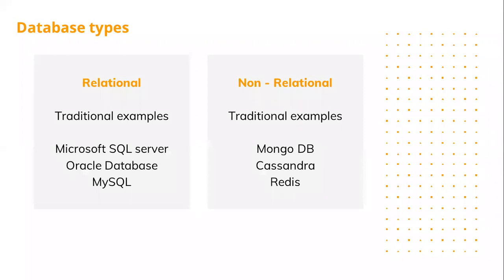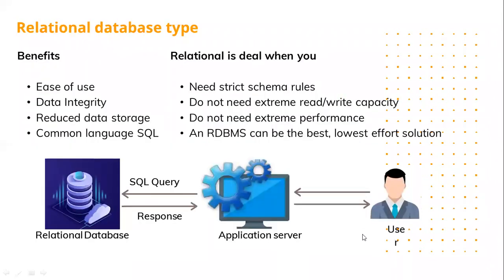Now, as said, we have two types of databases, relational and non-relational. In relational, we have Microsoft SQL, MySQL, Oracle. Coming to the non-relational, we have MongoDB, Cassandra, Redis, and so on. Coming to the relational database type,